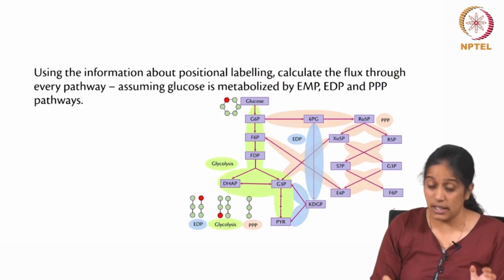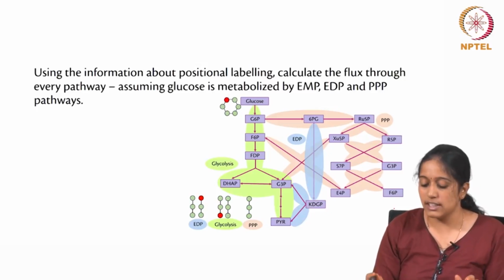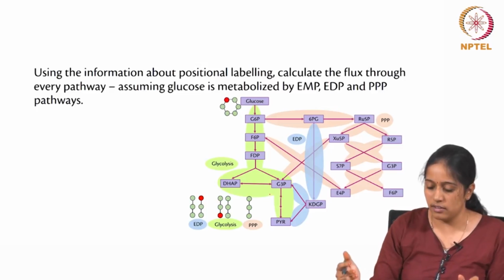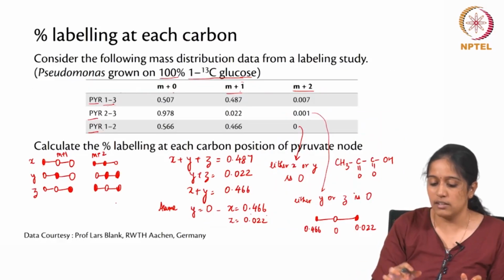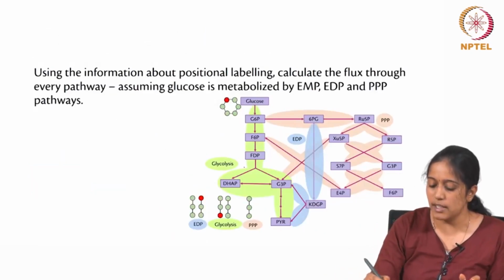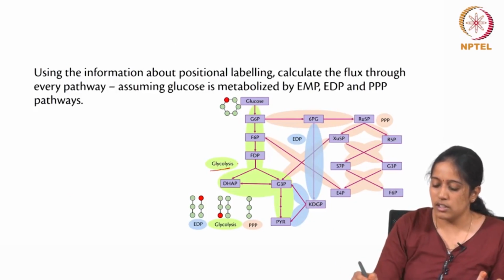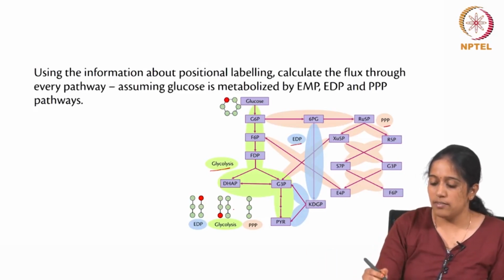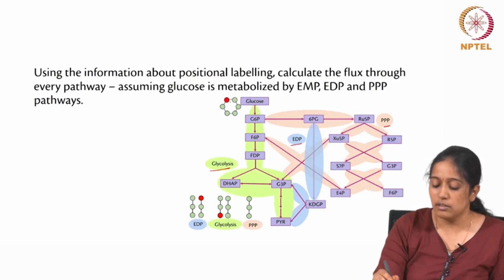So, again if you recall from the previous lecture, pyruvate can be derived from 3 different pathways, which are most commonly used. Assuming that this organism follows all these 3 pathways, you can say that pyruvate can come from glycolysis, EDP, or the pentose phosphate pathway. And if I were to give glucose with the first carbon labeled as my substrate, there can be different labeling